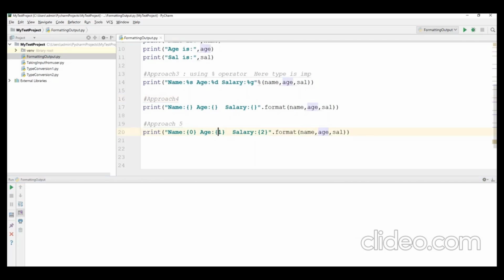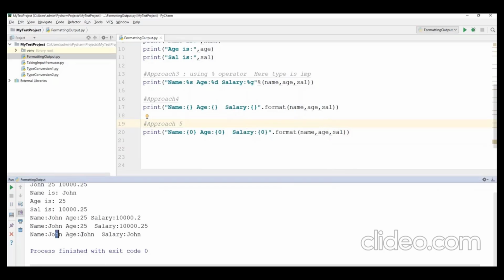Suppose here every time I pass only index 0, here 0 and here also 0. So now every time, what will it print? When I run this code, you will get John, John, John, because index 0, what is the variable we mentioned? Name. So what is the value of the name? John. So every time John is substituted here. And similarly when I say 1 here or 2 here, so 2 here. So everywhere, what is the variable we mentioned in the second place? This is 0, this is 1, salary is 2. So every place it will display the salary. Now run this code. See now, here salary, salary, salary is printed. So based on the index, it will go and substitute these values.